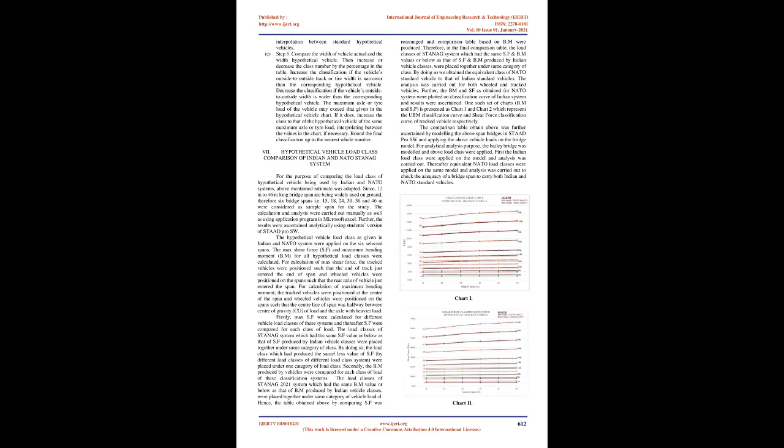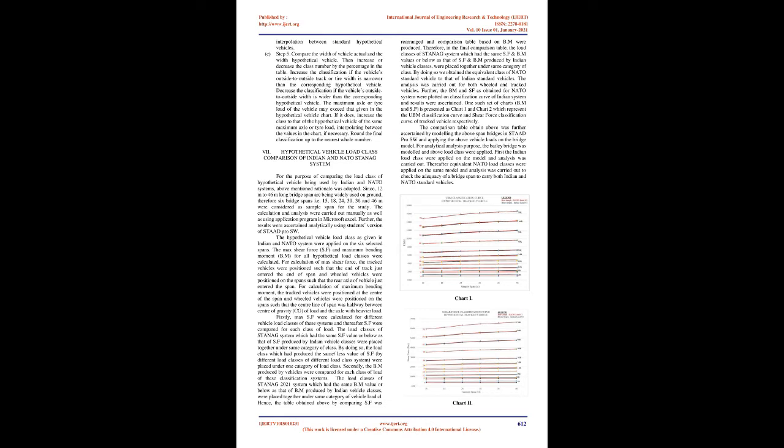To classify a vehicle, the steps given below need to be adopted, which are the same for Indian and NATO systems. The difference is firstly, that the NATO system uses the maximum bending moment curve and the Indian system uses the UBM curve. Secondly, the Indian standard hypothetical vehicle configuration is different from the NATO system even though the load class number is the same. A. Step 1. Compute the maximum moment produced by the vehicle on each of 5 or 6 sample spans of different lengths between 10 and 300 feet.